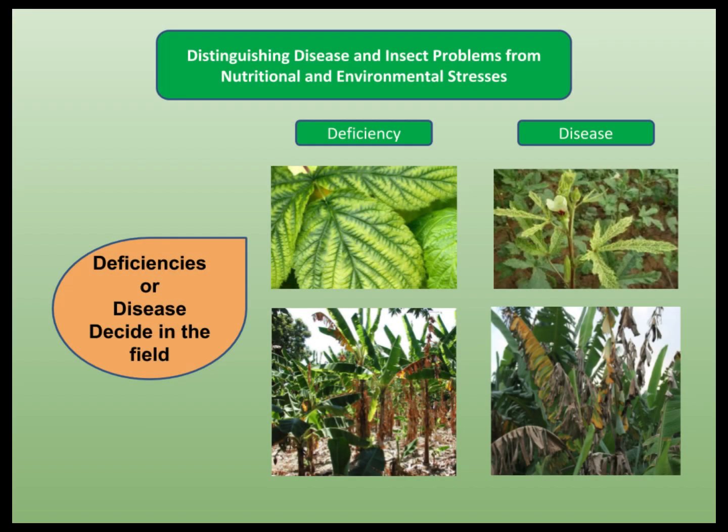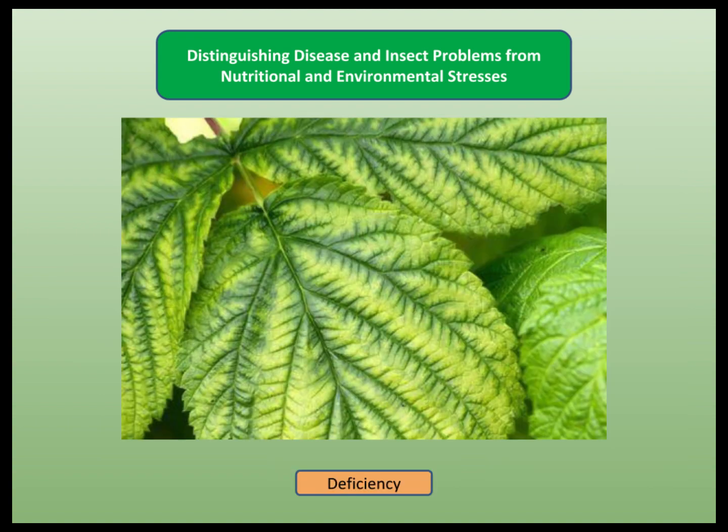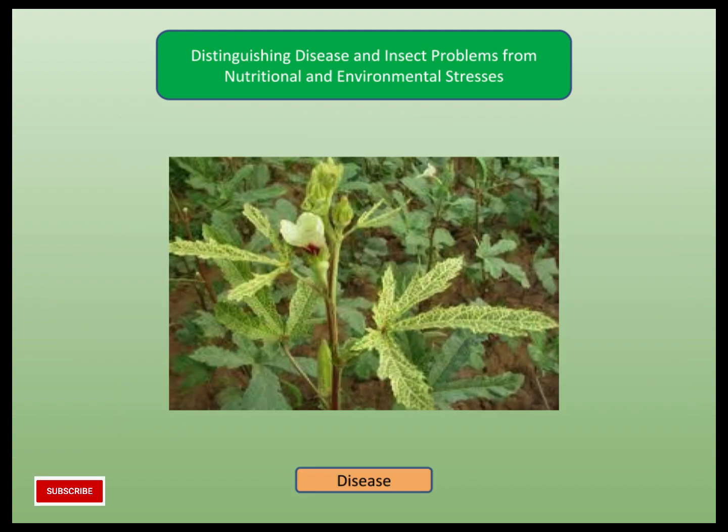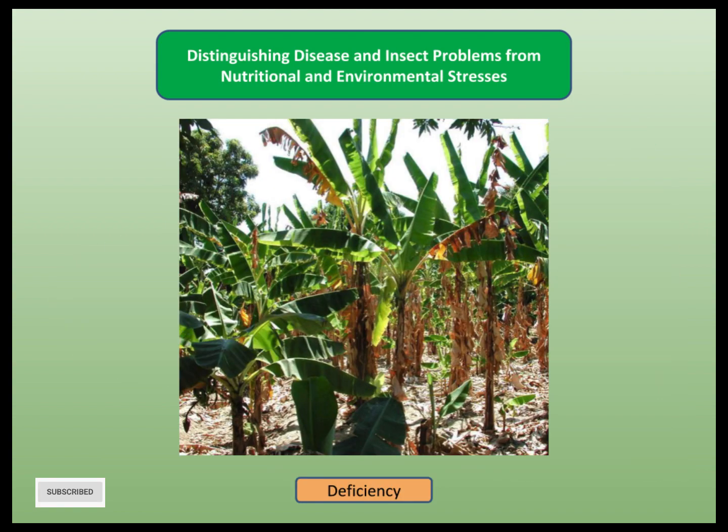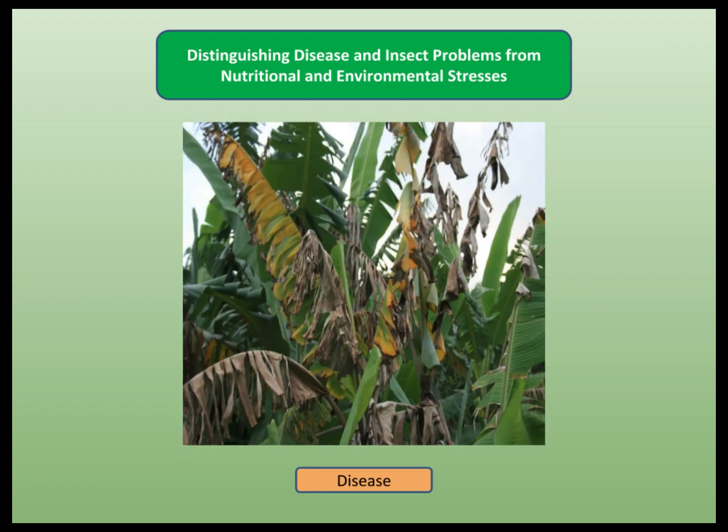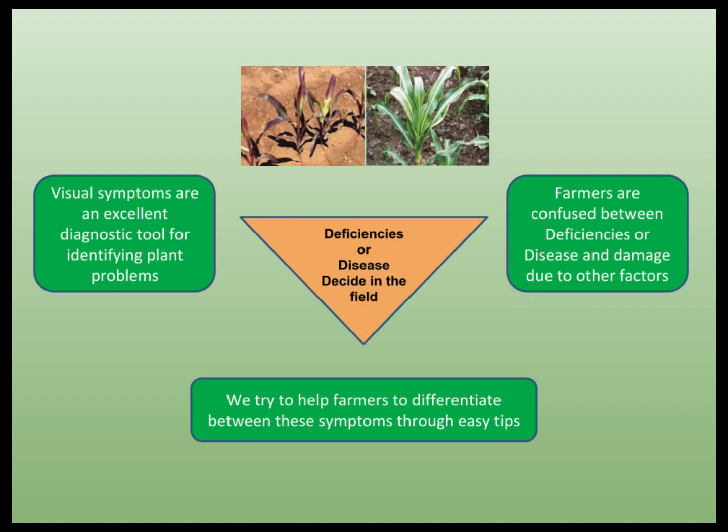When we see symptoms on crops in the field, we often get confused whether the symptoms are due to nutrient deficiency or due to diseases or even pest attack. For example, leaves may show chlorosis. If it is interveinal chlorosis, then it may be deficiency of zinc. If the chlorosis is veinal chlorosis, then it may be a disease like yellow vein mosaic disease, a viral disease. Similarly, if only the older leaf margins are showing necrosis, then it may be due to potassium deficiency. And if such symptoms are seen in both old and young leaves, then it may be a disease like Panama wilt.